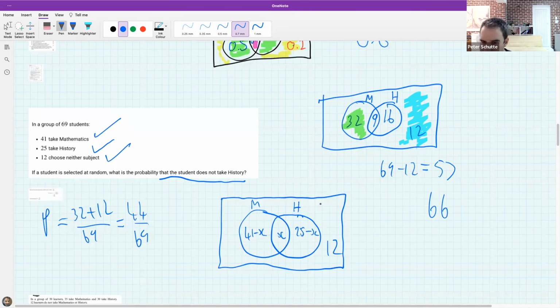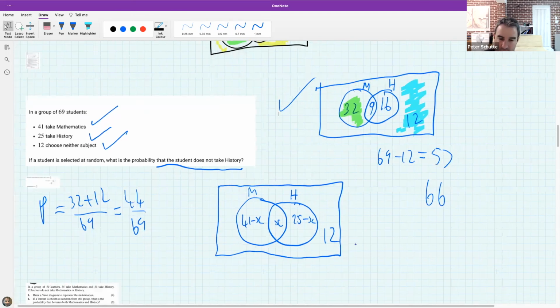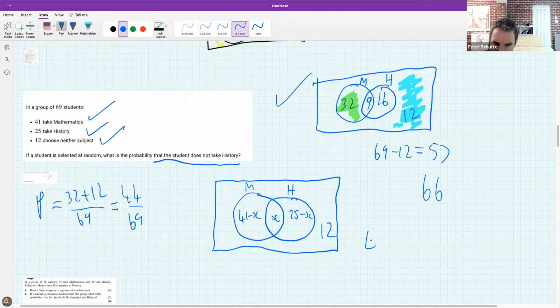Now, I did that a little bit quickly. The top one was the method I was using throughout the lesson. I just thought of this one now. You could also solve for X like this. If you did it like this, let's just see if we get the same answer. We should. 41 minus X plus X